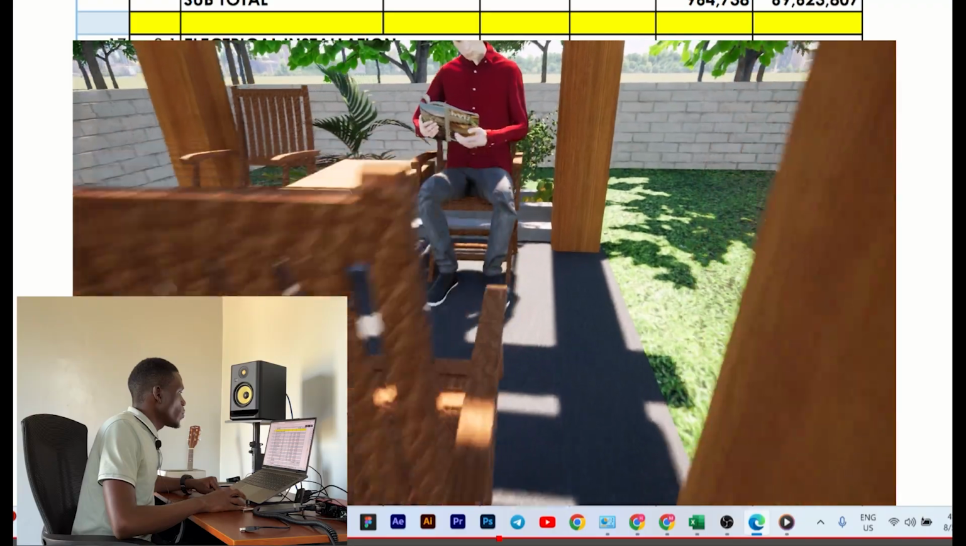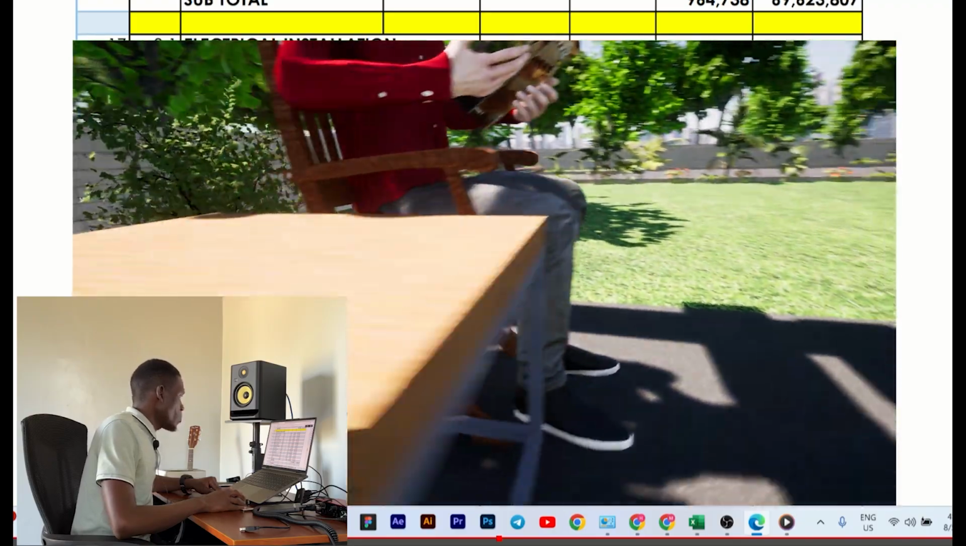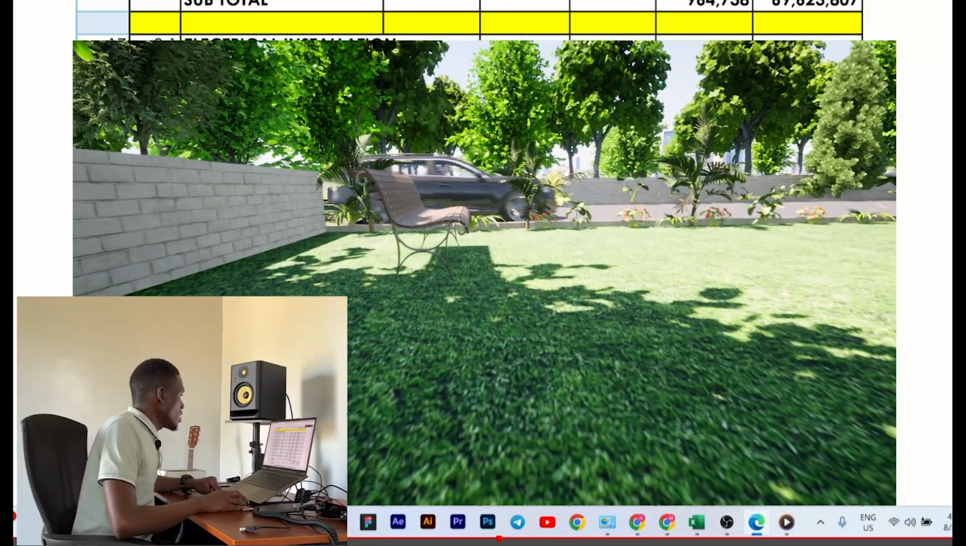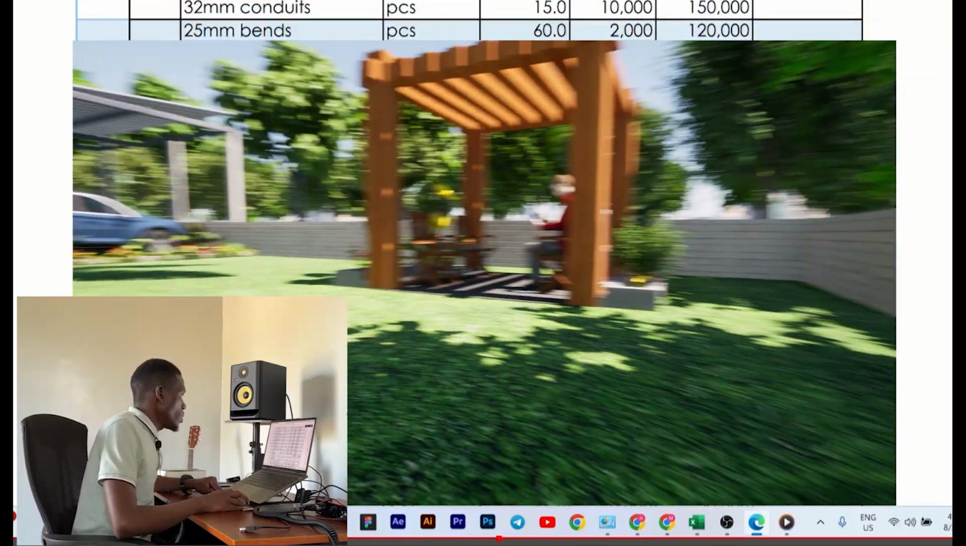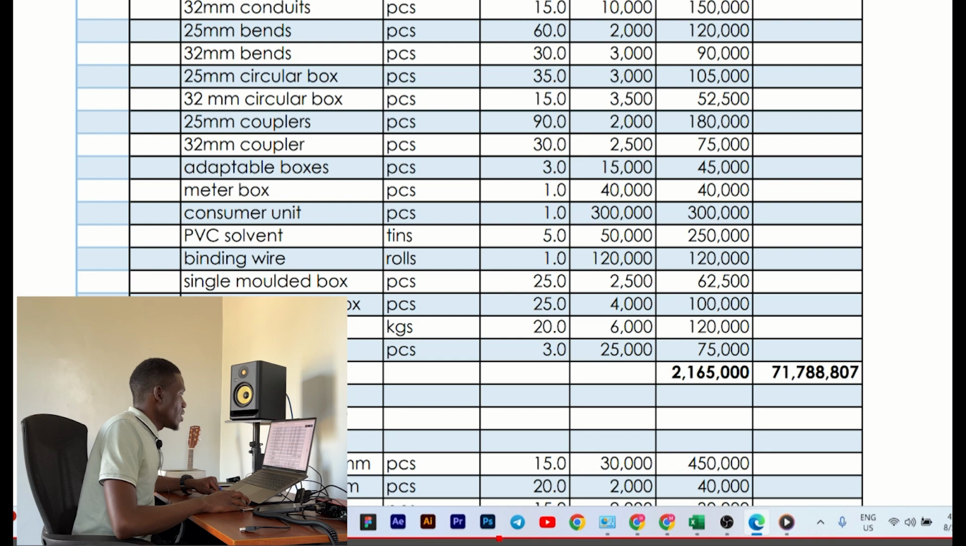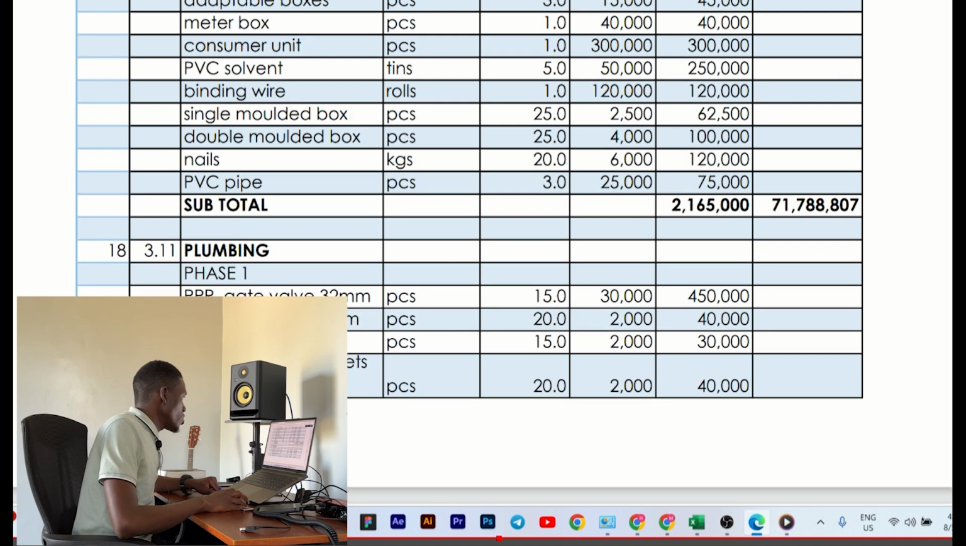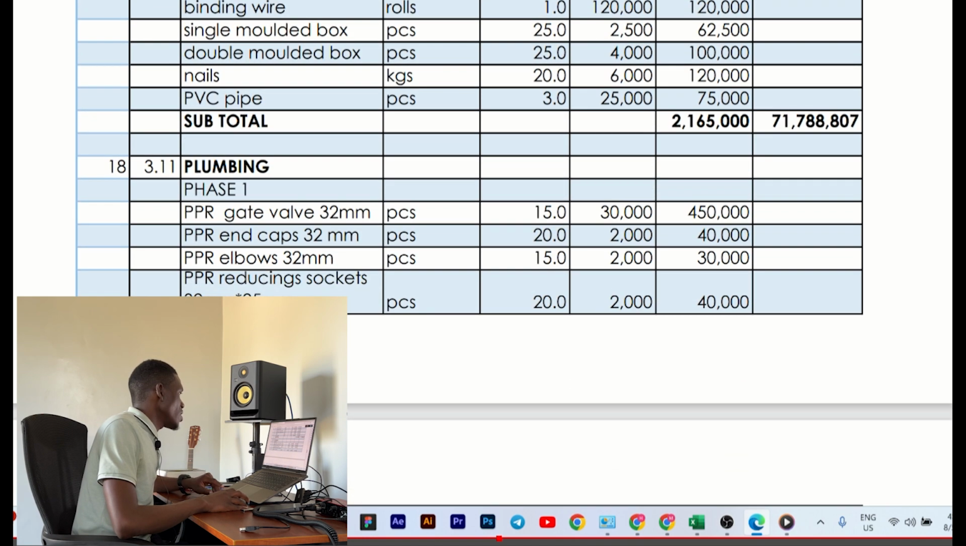binding wire, single moldable boxes 25 pieces, double moldable boxes 25 pieces, nails 20 kgs, then PVC pipes, we need 3 only. And the electrical installation will cost us 2,165,000 shillings. So heading to the plumbing section, under the internal water supply phase, we need to buy PPR gate